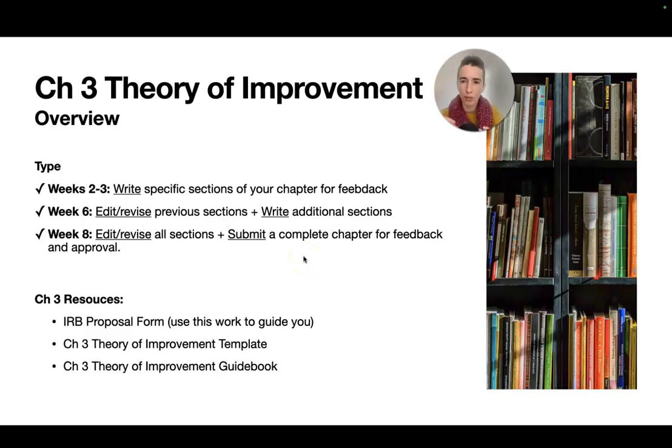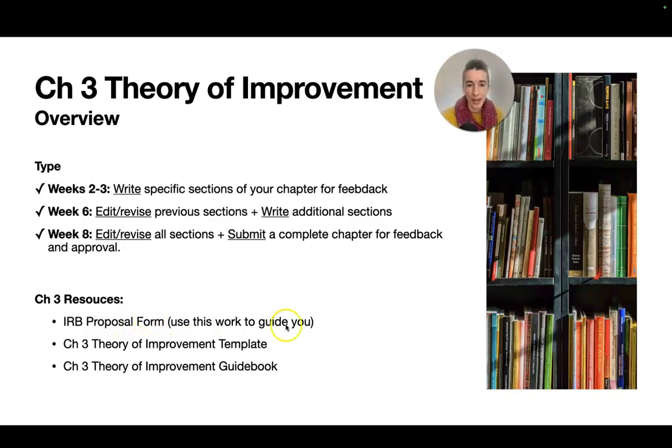So that's kind of how we'll chunk chapter 3. You can kind of think, maybe not 50-50 of writing 2, 3, and 6. Week 6 is a little bit of the heavier writing, but you need time to finalize all of those ideas before you write them up. And so that's why it's a little bit bigger, because those are just bigger ideas.